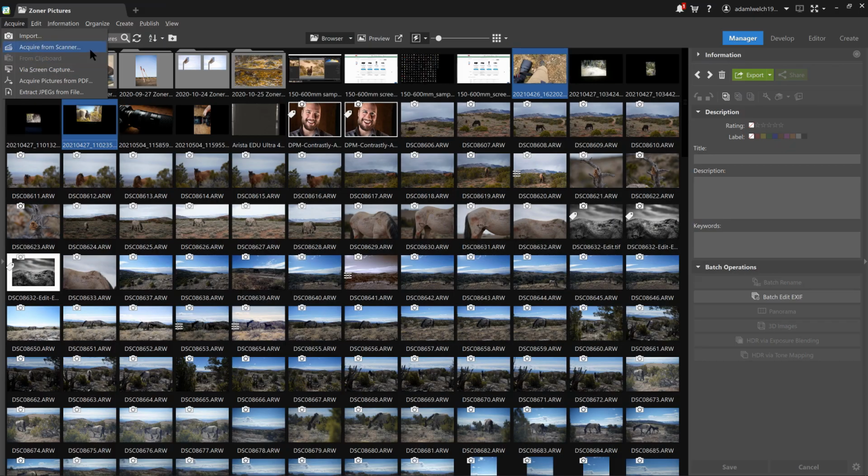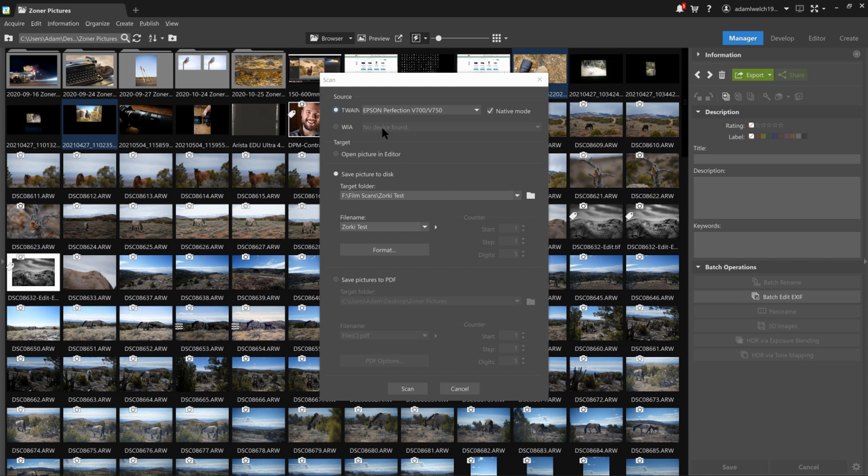So now with our 2 frames of 120 medium format film loaded up, we're going to click Acquire from Scanner. All right, we have our Epson 700 showing up here, native mode, target open in picture editor, save picture to disk. Let's have that open up in the picture editor,